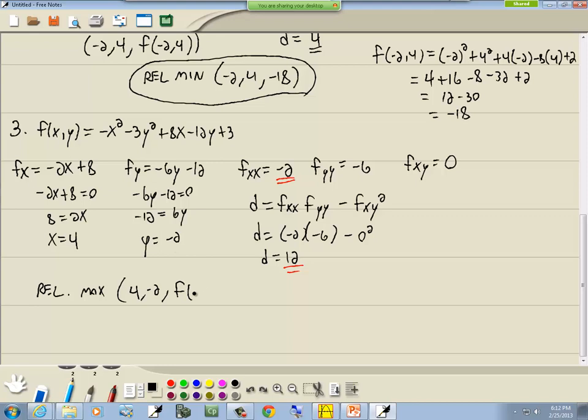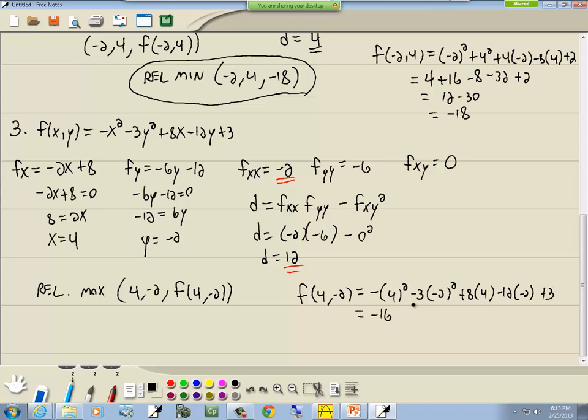So we've got f of 4, negative 2, and I'll do that over here on the side. 4, negative 2. So we're going to have negative 4 squared minus 3 times negative 2 squared plus 8 times 4 minus 12 times negative 2 plus 3,